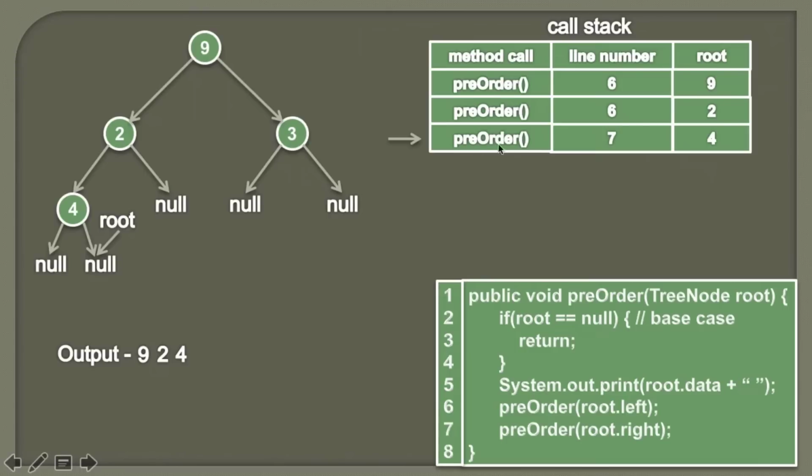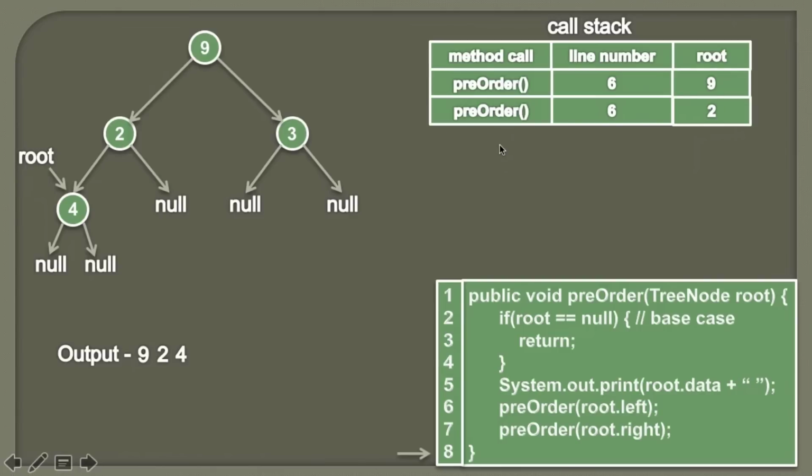So now we'll again start executing this preorder method from line number 7. And we also know that we have left this preorder when the root was pointing to node 4. So we simply traverse to the node 4, and this would become our root. And then we'll start again executing from line 7. So once we reach line 8, we know that we are done with the processing of this preorder method, whose root is 4. So therefore this method will be removed from the stack, and the execution point will go to the method which called this method.